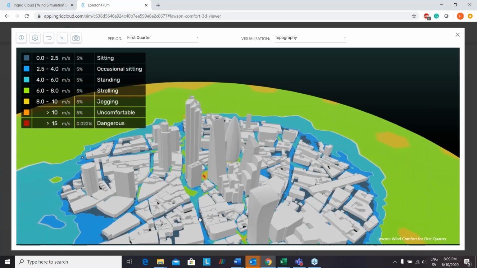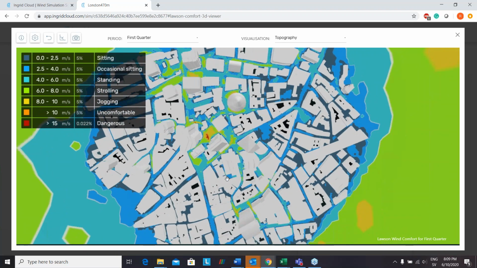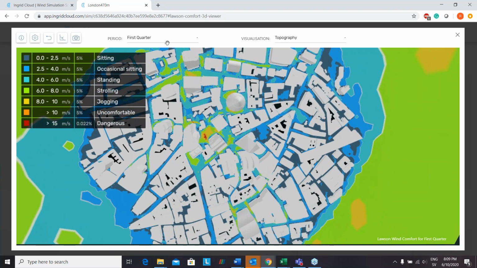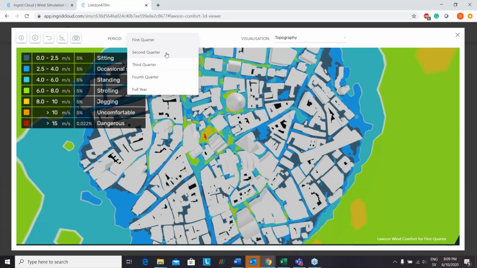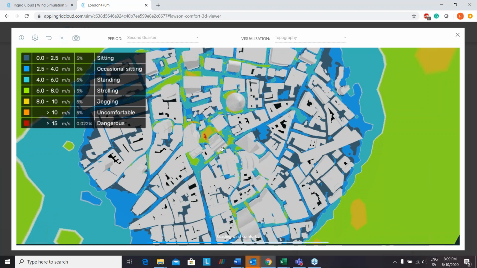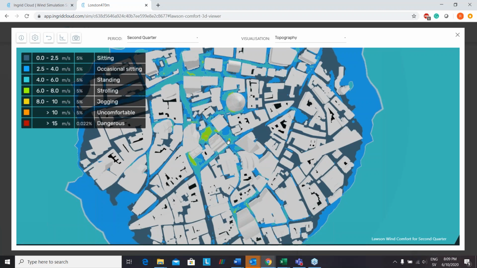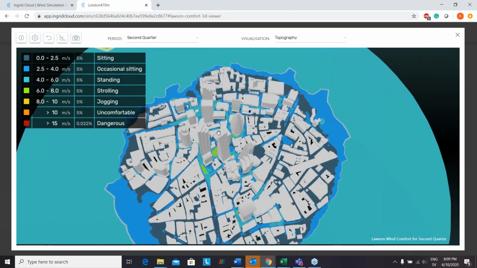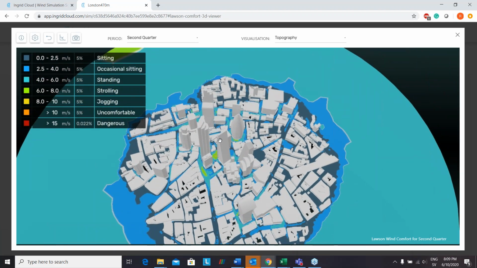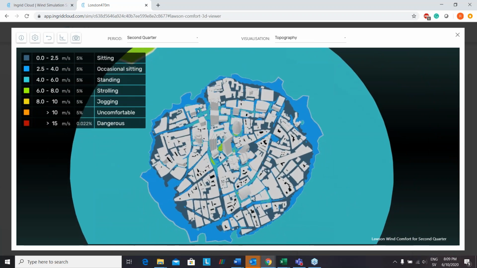Then you can choose different quarters, different seasons. If you could show the drop-down, Refat, thank you. Exactly. So you can choose second quarter. This is the season from April to June. This would be the spring, for example. You saw in the drop-down field. You can also choose the whole year, and also